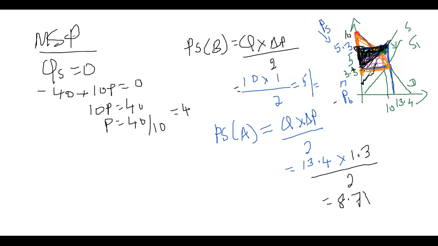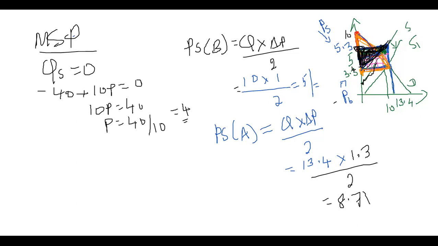Only here, the minimum supply price became 4, and that was something incorrect in our rough diagram. You may face this issue when you do a rough diagram, because we didn't do anything based on a scale. But you don't need to worry about that. We are just sketching this. There could be differences here and there, but your focus is on the points. So you just verify where these points are. That's enough. Okay, so 8.71.